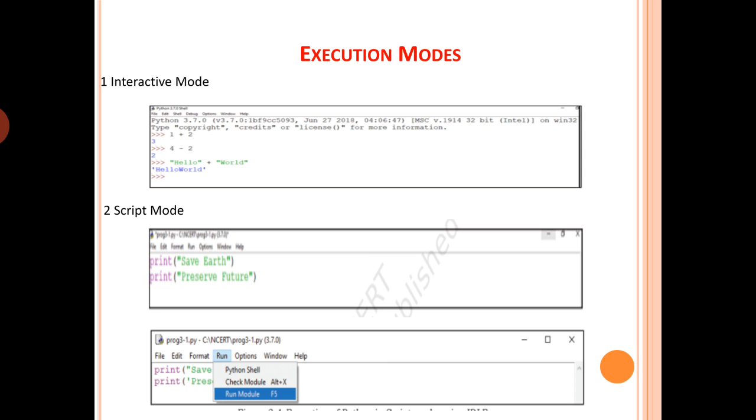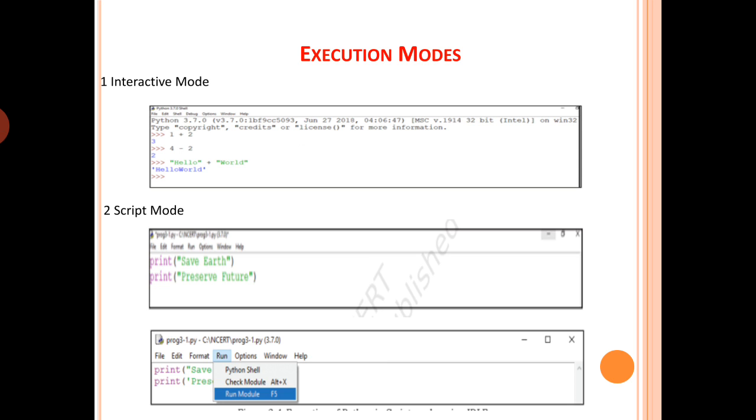Python scripts can be created using any editor. Python has a built-in editor called IDLE, which can be used to create programs. After opening the IDLE, we can click File, New File to create a new file. Then write our program in that file and save it with the desired name. By default, the Python scripts are saved in the Python installation folder.